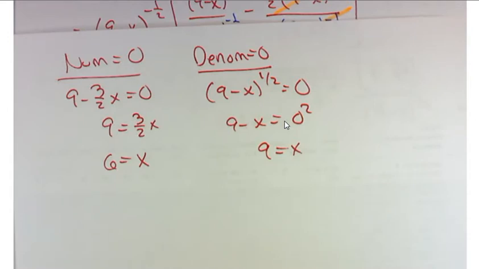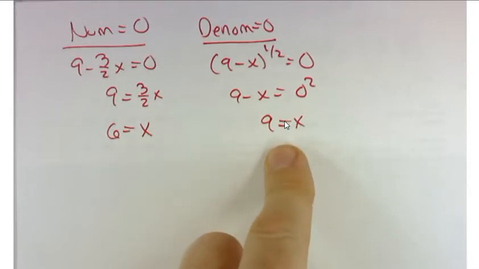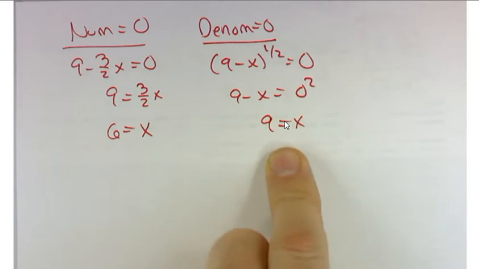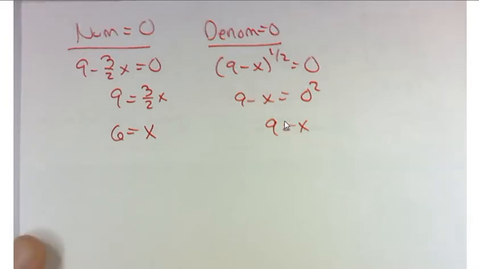All right, so those are your critical points. Now, one of them is at the edge of the domain, so the function is really not going to change signs there. But it is a critical point. In fact, you're going to get a vertical tangent there. The big thing I wanted you to see was how we factored this and how we cleaned it up. So before I work with the second derivative,